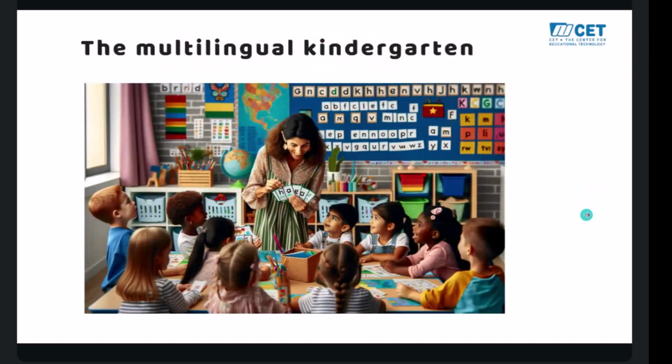In early age education, we also see multiple languages in a lot of kindergartens. And the approach that I see taken in a lot of cases is the full immersion approach.